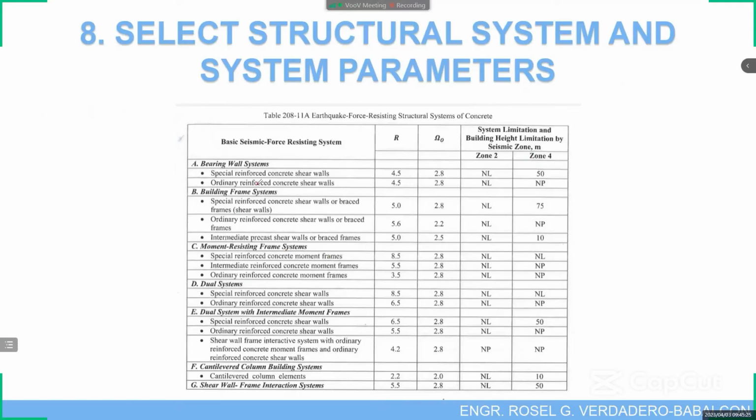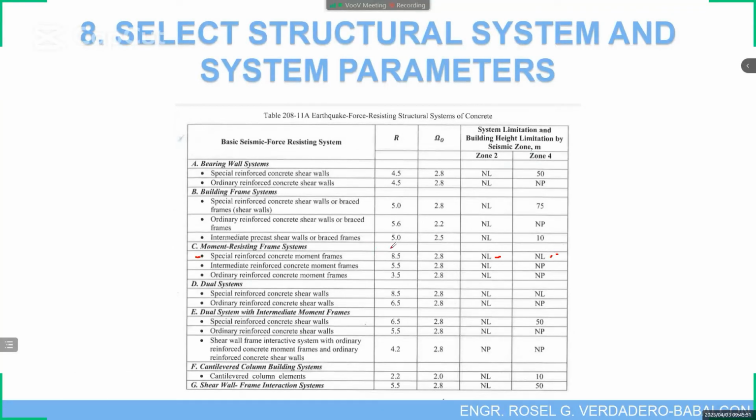For example, this is a table for concrete. So let's look here. For special reinforced concrete moment frames, we have an R value of 8.5, and it says here for zone 2, the height limit is no limit. So there is no limitation for the height when we are going to use special reinforced concrete moment